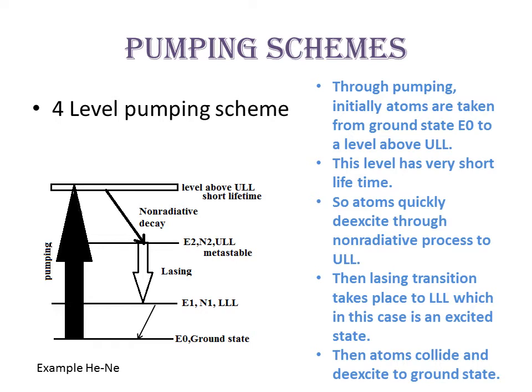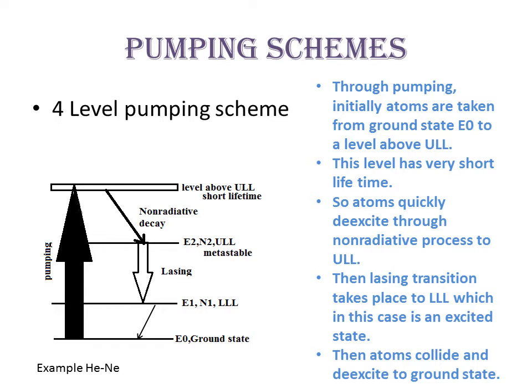why this is actually more efficient than a 3 level system: in the case of a 3 level system, after the laser emission, all these atoms are coming down to the lower laser level, which means it will immediately destroy the population inversion, because the lower laser level is getting populated. What we need is for the upper laser level to be populated. So in the case of a 3 level system, we have such a difficulty, but in the case of a 4 level system, after the laser emission, these atoms are coming down to the lower laser level, but those atoms will not stay there because there is a ground state below that level, which is more stable. So somehow these atoms will lose their energy.